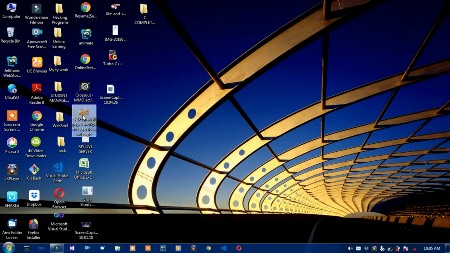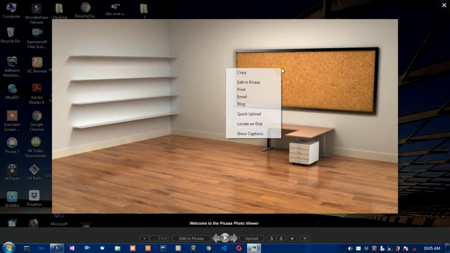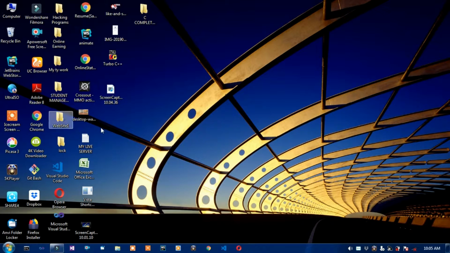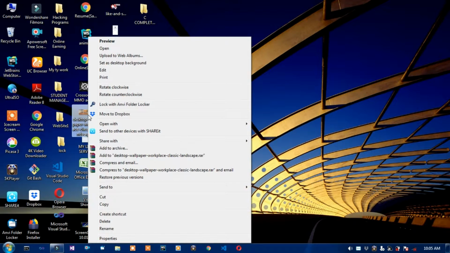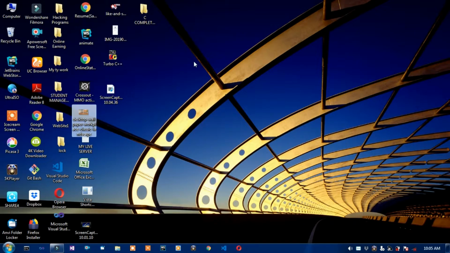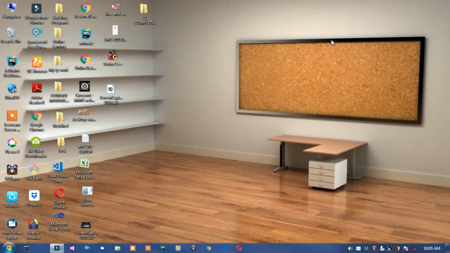So first of all, set this image to desktop background. Right click, set as desktop background. Okay. Then install this application. I already installed this application. You can download it and install it. Okay, then